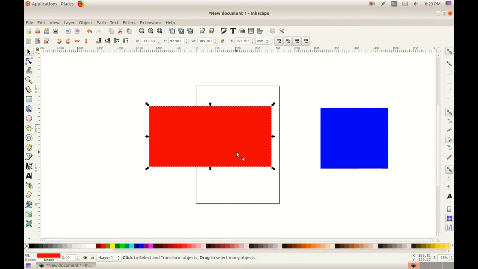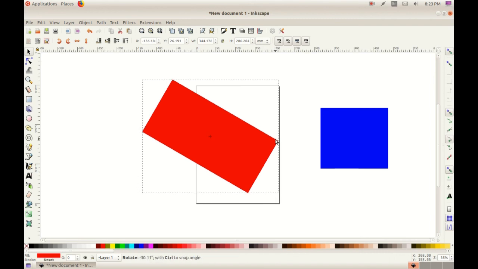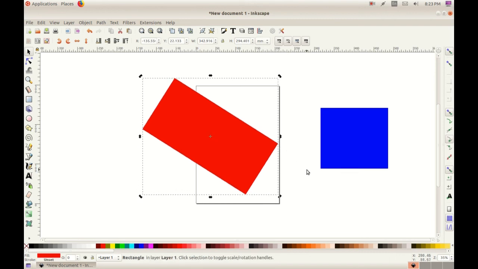Another use of it. First one is to select an object. Then when I click once more on the object, what happens? The arrow has changed its shape. When I use this arrow, what is the use?